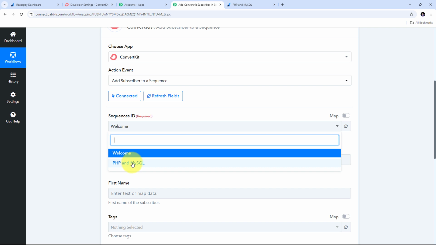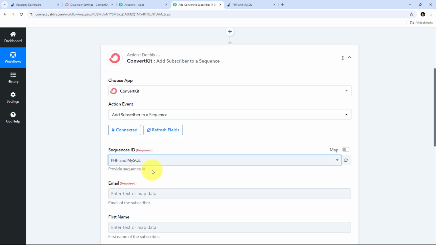So as I'm going to receive an order for this particular course, then automatically I want to add that subscriber in this particular course. So for that, I'm going to select PHP and MySQL. Now I want my customers to be added in my sequence as a subscriber, and I want that if I'm receiving the order for this particular course of PHP and MySQL, then only I want to add a subscriber in this particular sequence. So for this, I also need to set up a filter,